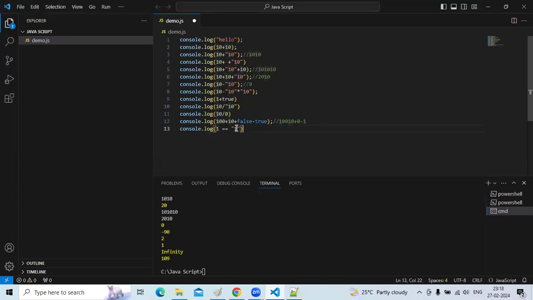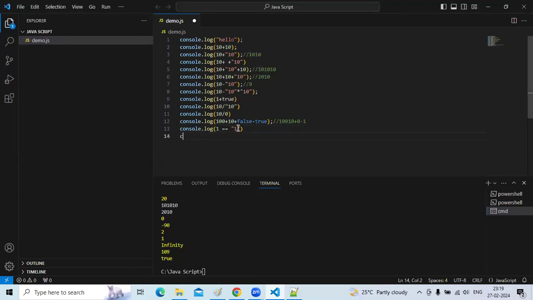That's why the double equal to operator compares only value. The result should be true, because both the left and right values are matched. So left side value is 1, right side value is 1. That's why true is coming.